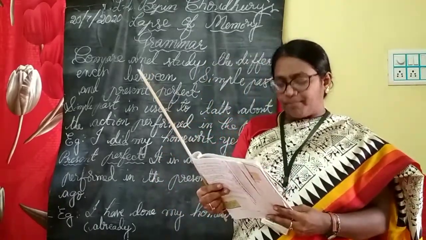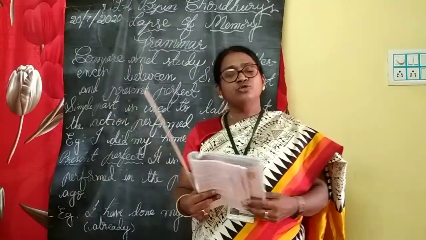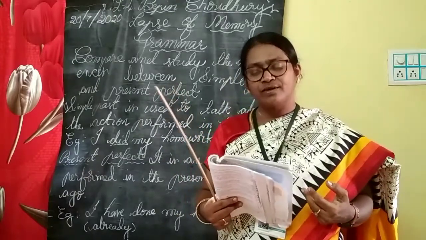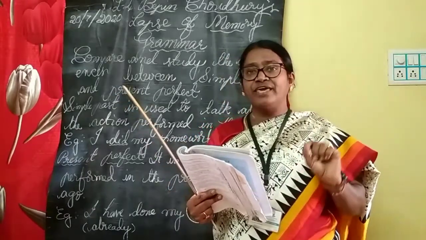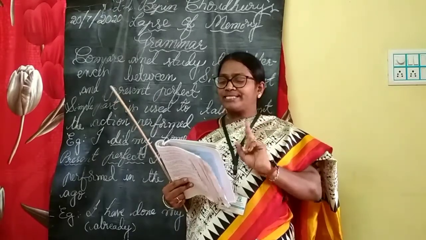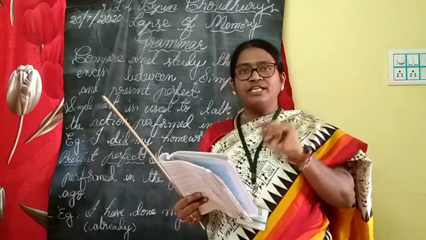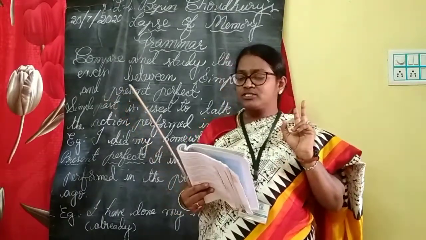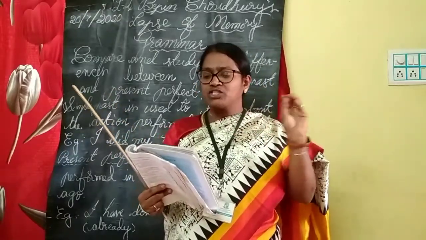Let us come to page number 72. I request every one of you to open up page number 72 so that we can go with some examples which are given here. Study the sentences in column A and B. I saw this movie yesterday. I have seen this movie already. In both the examples, we can see an example on the movie. One movie that you have seen already. Another, the movie that you watched yesterday. The movie is watched yesterday. The movie that is watched already.